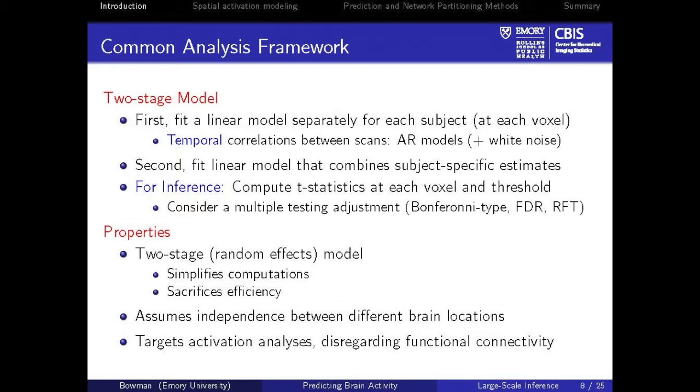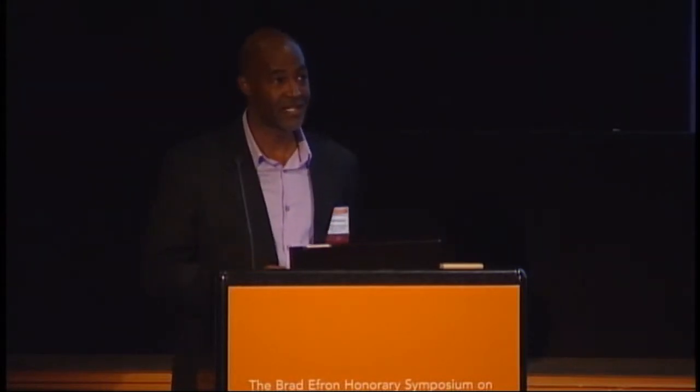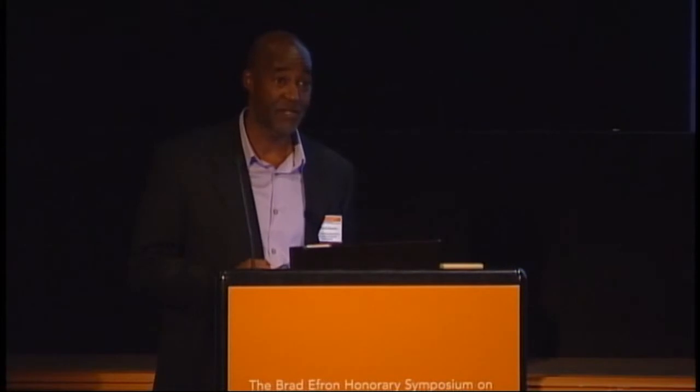So two things come to mind. One is that the two-stage approach, well, we can do that in one stage because we do it in other areas in one stage. So this is, in a sense, taking a step backward in the field of statistics. There are very good reasons for doing it in neuroimaging, and the biggest reason is computational. So you do lose some efficiency, but even running just a mixed model on a voxel by voxel basis, you have to wait a really long time to get results. So this two-stage approach emulates a random effects model, and computationally it's a lot easier to do.